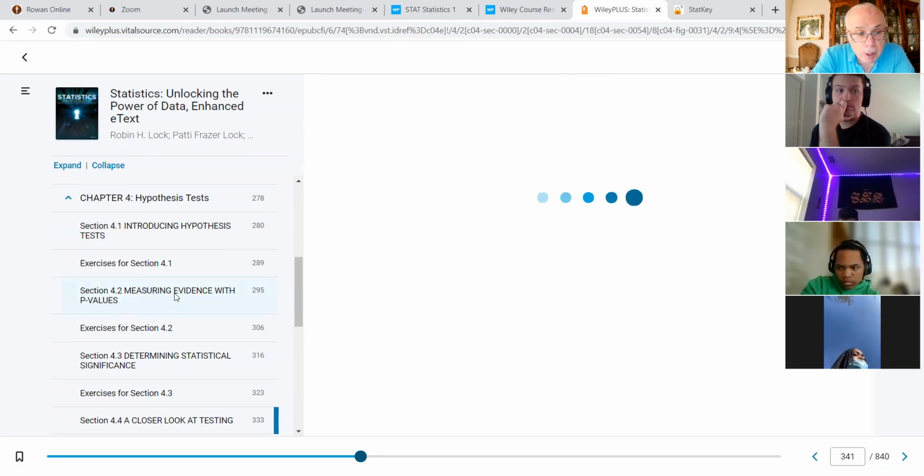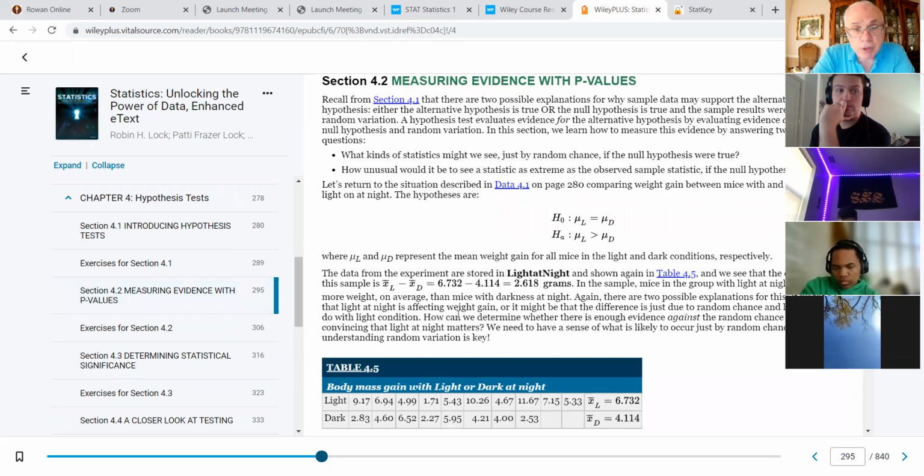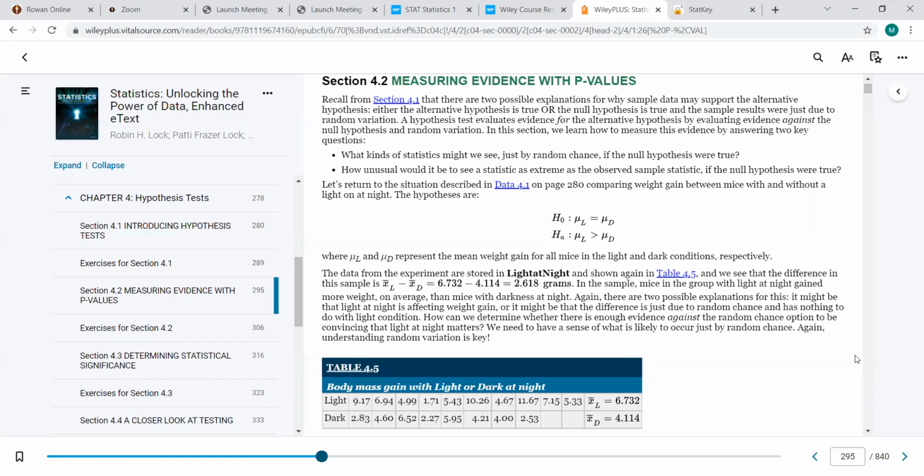Now, what we learned last time also is that we need to use some sort of mathematical number to determine whether we should reject or not reject the null hypothesis, and we came up with this concept called a p-value. We'll talk about that in a second. I'll just do a review, and I'm going to show you StatKey this time, where we're using simulations of the hypothesis test. All right, so we're going to start with this one right here,